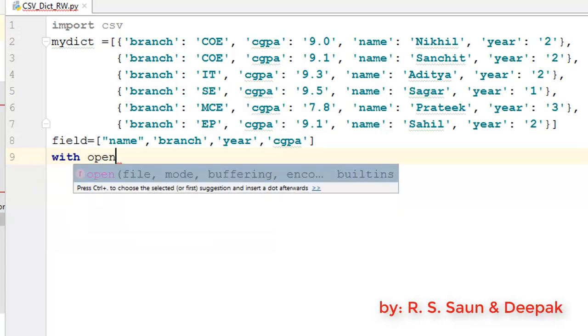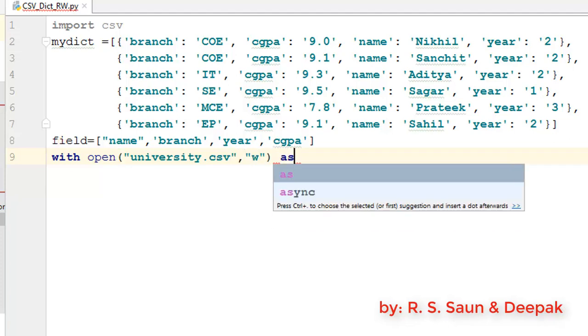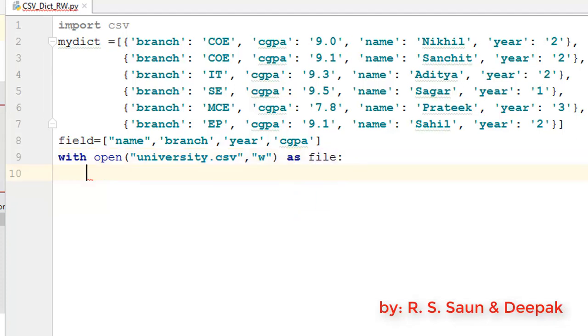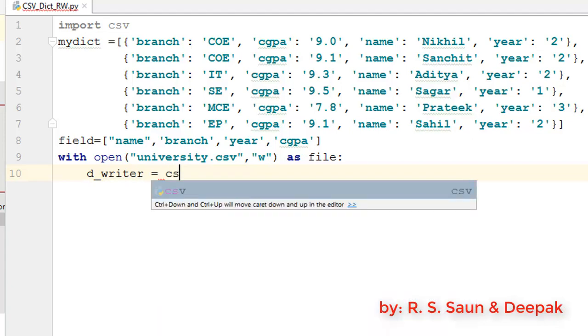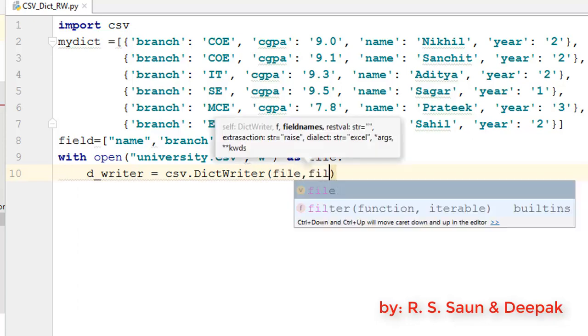Let's say open, and I'm going to use, let's say, university.csv, and I'm going to open in a write mode. Okay, so let's say file is my object, I'm going to retrieve a dictionary writer. So dwriter is my object equal to csv dot DictWriter, and I have to pass a file name and supply the field names.